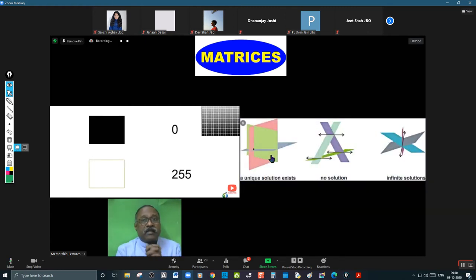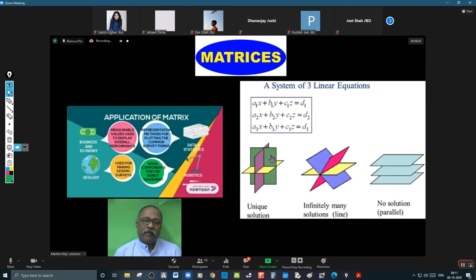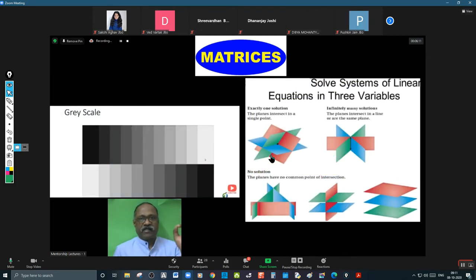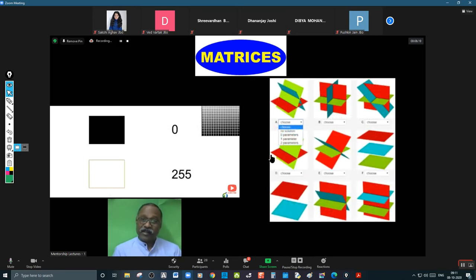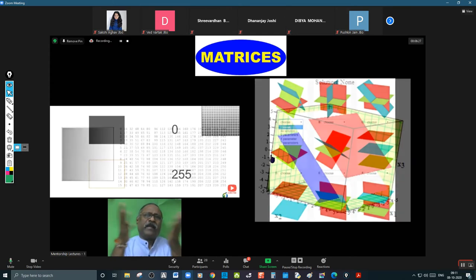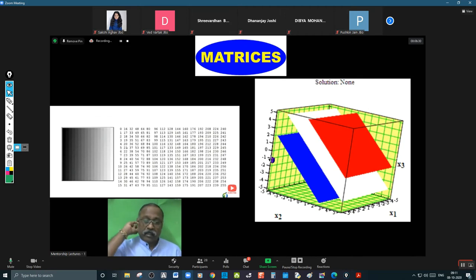So what happens in matrices, 3 by 3 matrices? These lines will be now taken as planes, because these are system of linear equations in 3 variables. A1x plus B1y plus C1z is equal to D1. A2x plus B2y plus C2z is equal to D2. A3x plus B3y plus C3z is equal to D3. If you have 3 planes, you know how the 3 planes will be? It can be understood very comfortably in the room in which you are sitting. If you see